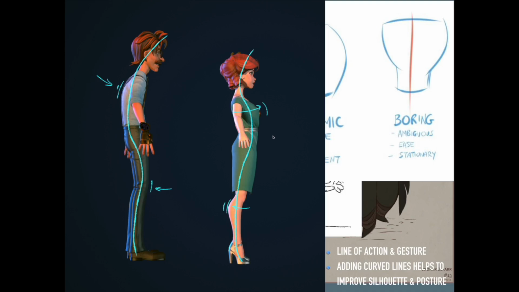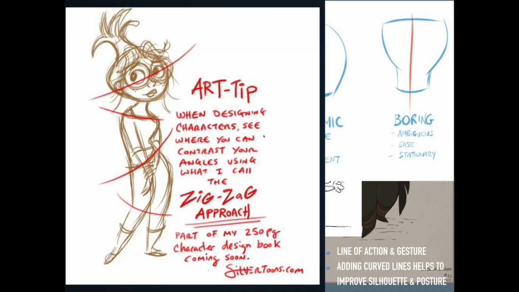And finally, when we're posing our characters, we'll refer back to this very important art tip presented here by Steven Silver, and it is actually used by all the cool character artists. When presenting your character in a pose, try to follow the zigzag lines and create a contrast between the angles of the shoulders, the hips and knees, avoiding parallel lines. This will also help to emphasize the gesture. And speaking about parallel lines,